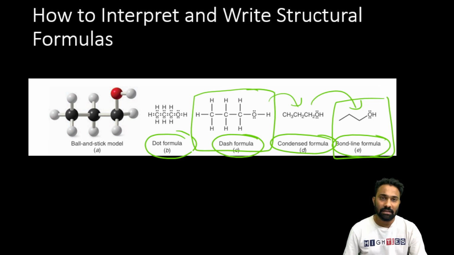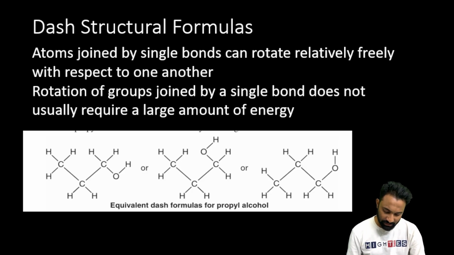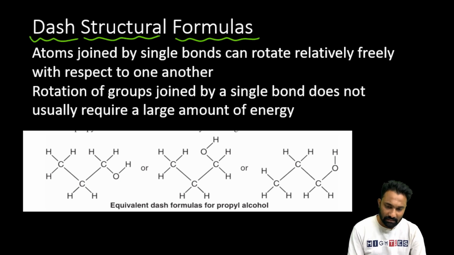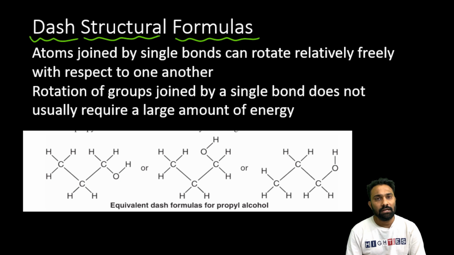Clear? Try to understand or get acquainted with the bond line formula rather than the dash line or the condensed one. Now we'll see one by one how to write one given organic compound in 4 different manners. First we are going to see the dash or structural formula. Whenever we are writing an organic compound with single bonds,